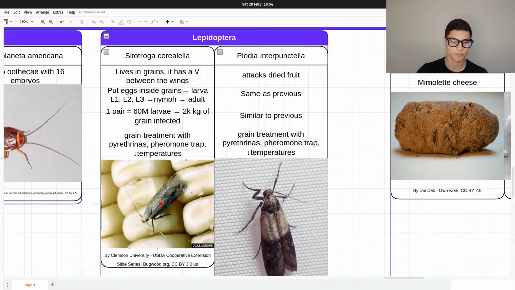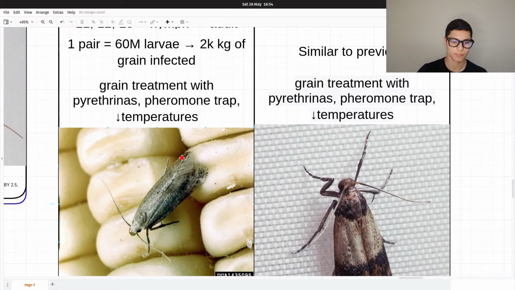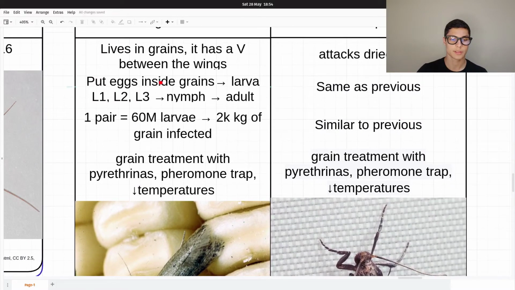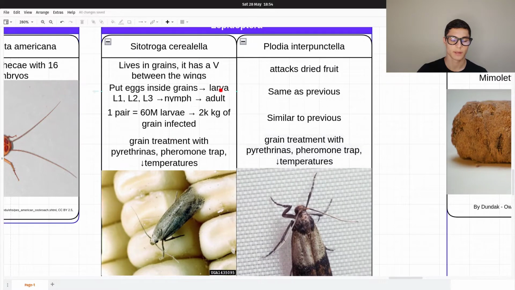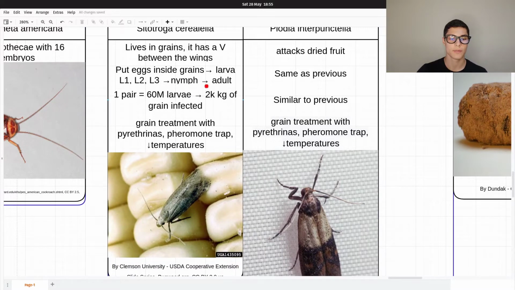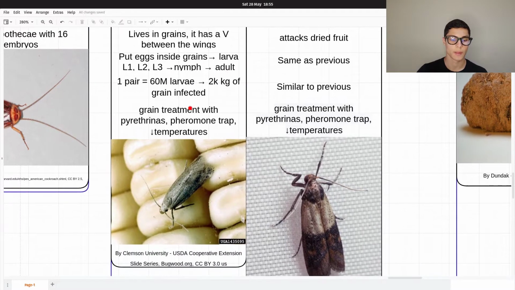As you can see here, it has a V. It puts eggs inside the grains, especially in maize, and the larvae grow from L1 to L2 to L3, and then they create the nymph, and then from the nymph the adult. And one pair of these can create 60 million larvae, and the 60 million larvae can infect